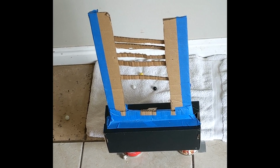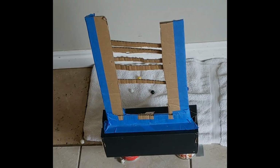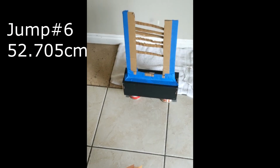That's the sound of disappointment in the Olympics, my friend. With the elimination of Tin Roof Titans and then followed by Reptar, we have 2 more teams that have been eliminated from this event in the Olympics. Advancing to the next race is 1 Midnight Rollers, 1 Fabric 5, 1 Blue Macaw, 1 Moon Racer, and 1 Red Dragon. The next jump is at 52.705 centimeters, and first up is Fabric 5, and they clear